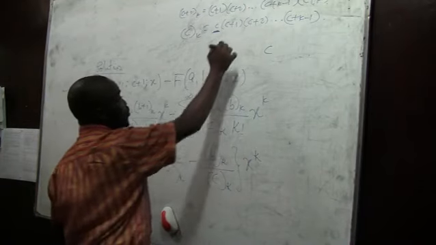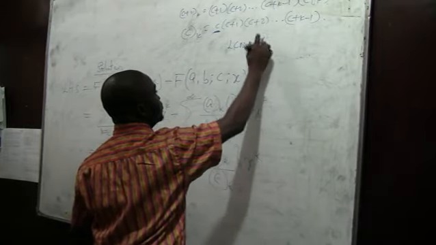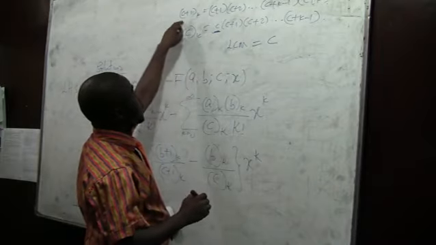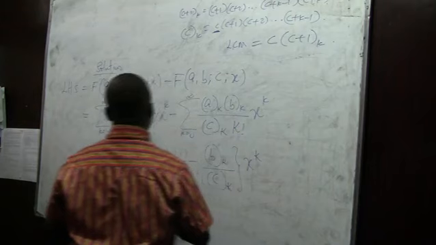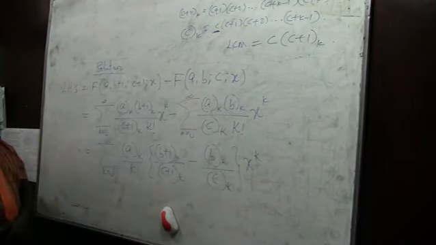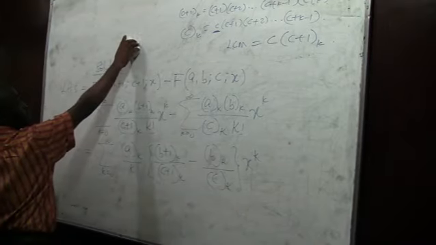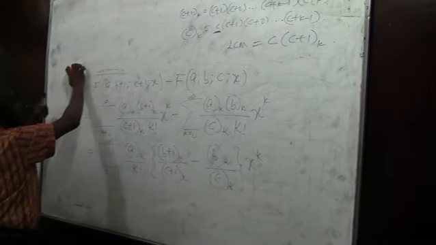That means that our LCM will become c, which is the only term that is left here, multiplied by what we have here, c plus 1 sub k. So that is the LCM of the two. So let us take our LCM. So taking the LCM,